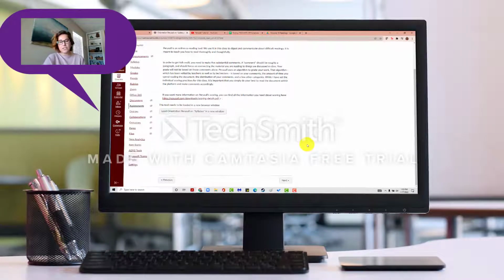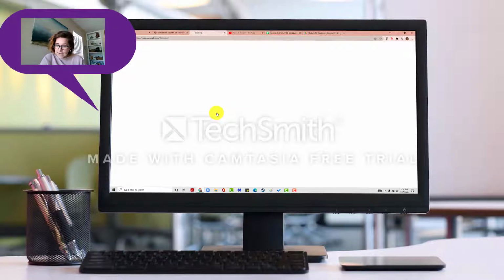There's an orientation Perusall on the syllabus. So if you would like to practice using Perusall, you can do that. This is an ungraded assignment. It'll give you a grade in Perusall, but it doesn't count towards your grade in Canvas. You're welcome to open that and look around Perusall to just sort of get a sense of the platform and